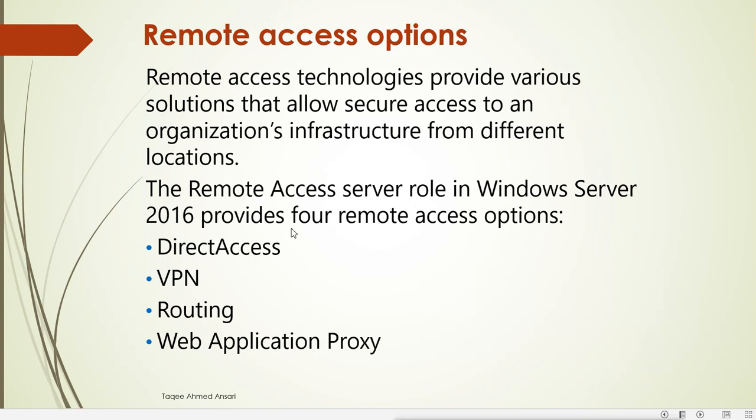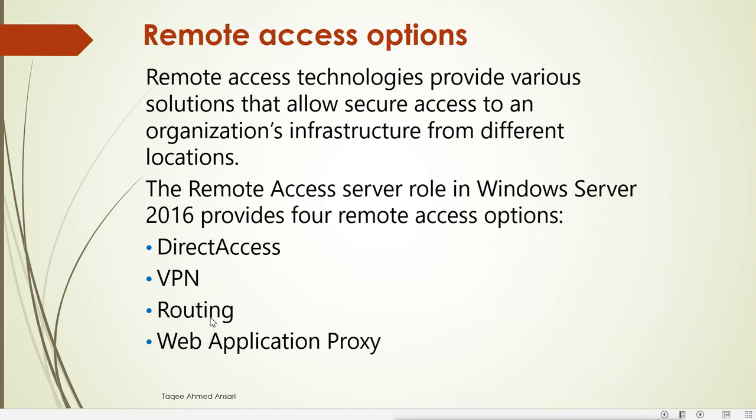One more thing this remote access service does is provide the routing option also. Routing option means our Windows Server 2016 can work as a router, to connect two different LAN networks. That means if we have a small network and we want to connect it to an outside network, this routing option is also available and will do the routing for us.